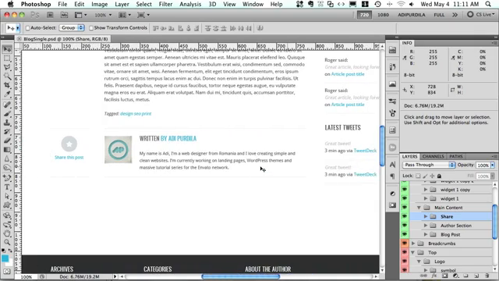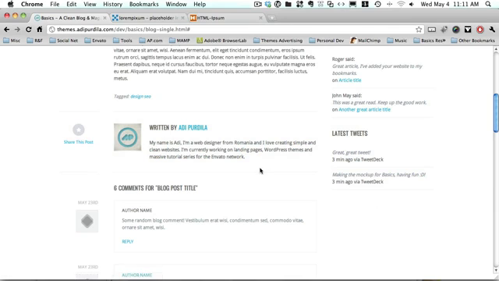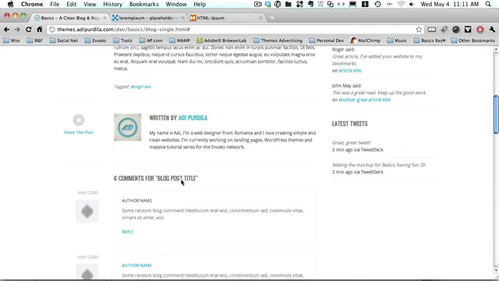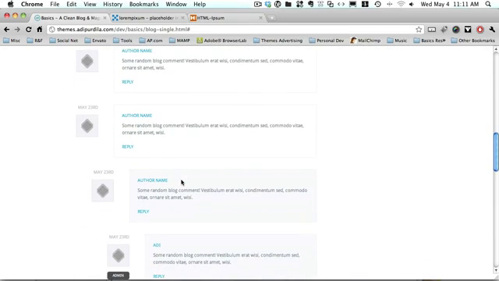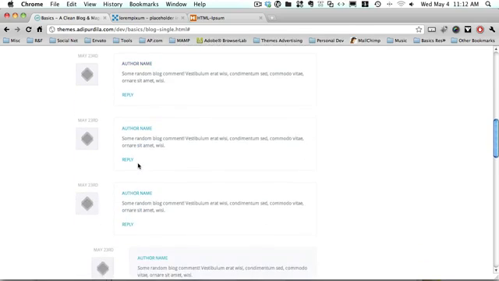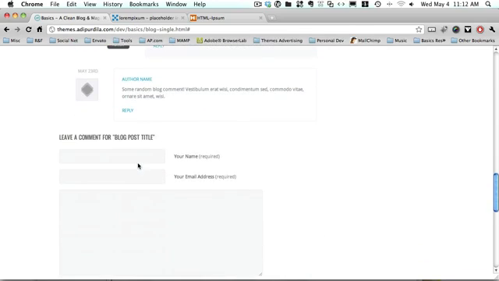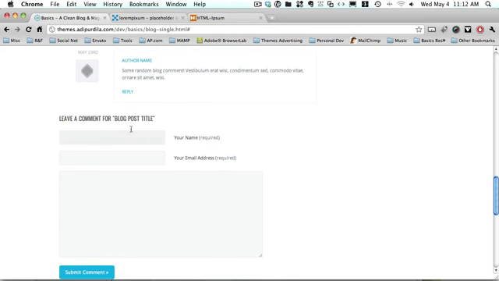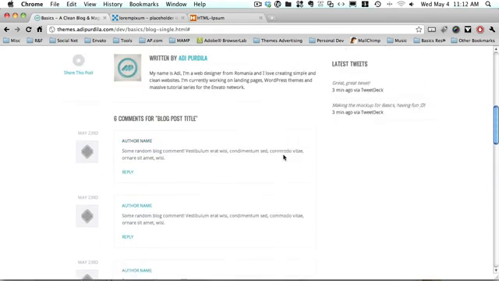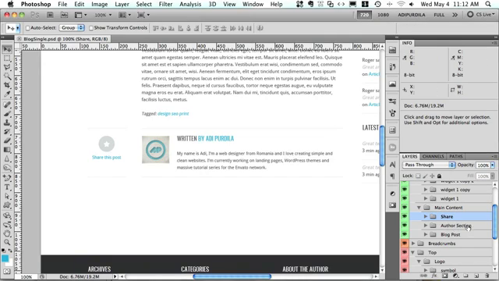Now the next thing that we need to do is the comment part, and after this we're done. So the comment part, as you can see here, it's basically just a nested list of comments. So we have this, the list, and then we have the form for leaving a comment. Okay, so let's create a new group here, call it comments,